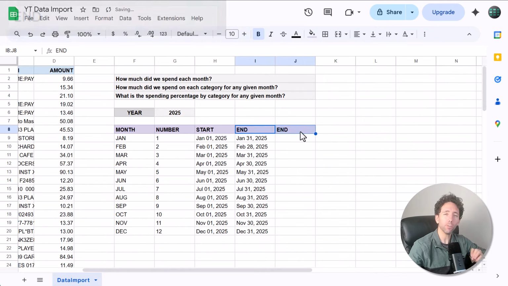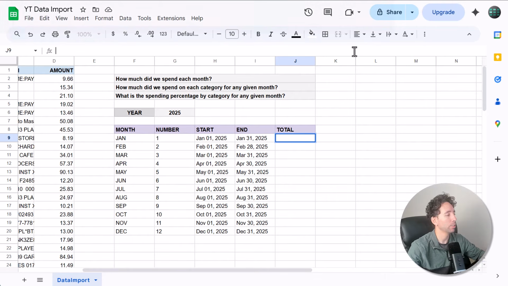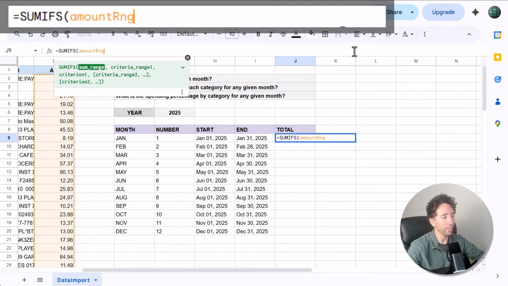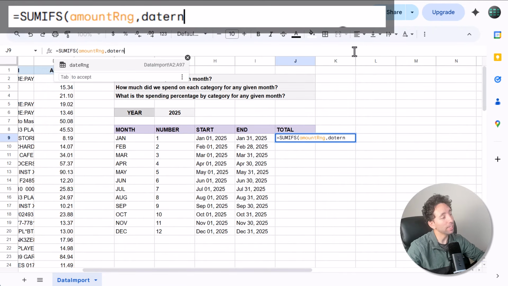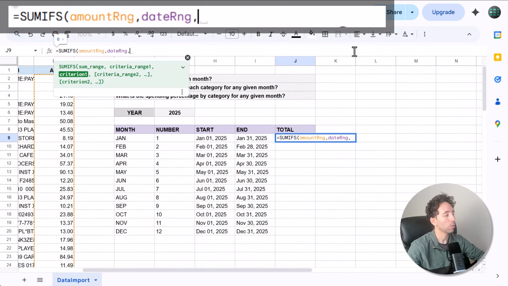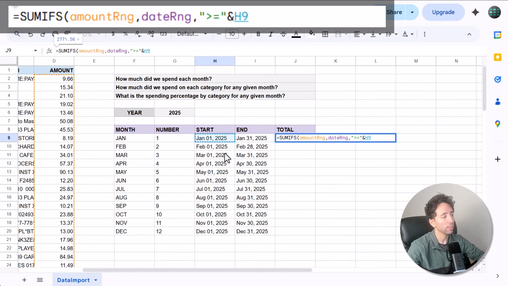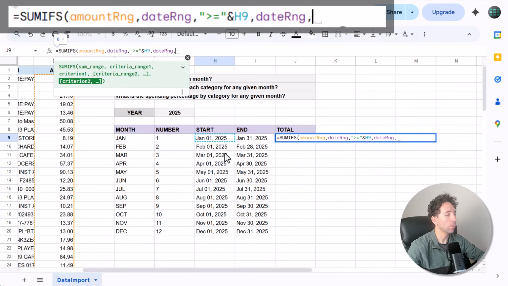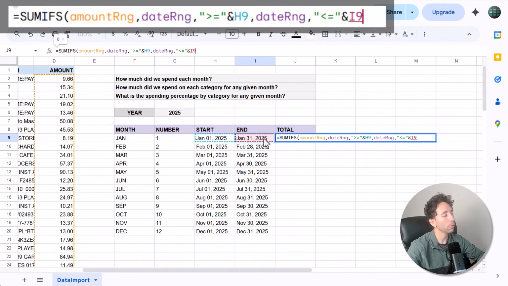Awesome. Now for the month totals. Start with January and enter this formula. Equals SUMIFS function, amount range, next argument, date range, next argument, quote, greater than, equals, quote, ampersand, select the start date, next argument, date range, next argument, quote, less than, equals, quote, ampersand, and select the end date, close parentheses,